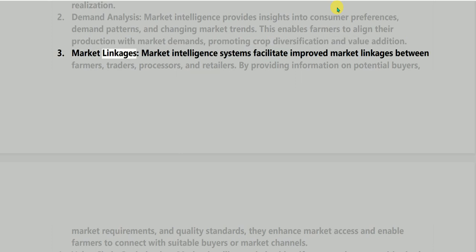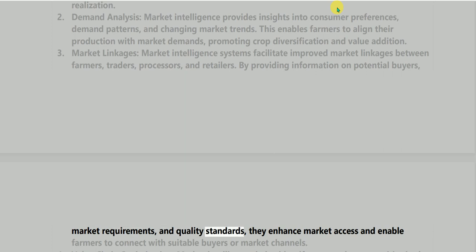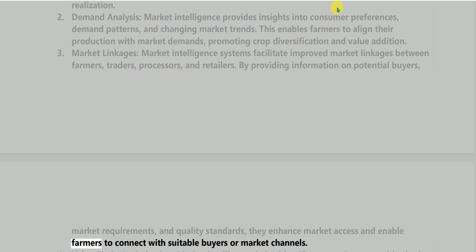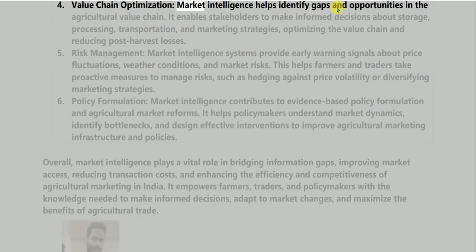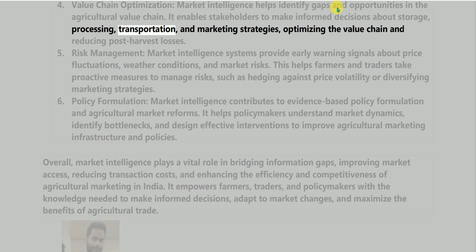3. Market linkages. Market intelligence systems facilitate improved market linkages between farmers, traders, processors, and retailers. By providing information on potential buyers, market requirements, and quality standards, they enhance market access and enable farmers to connect with suitable buyers or market channels. 4. Value chain optimization. Market intelligence helps identify gaps and opportunities in the agricultural value chain. It enables stakeholders to make informed decisions about storage, processing, transportation, and marketing strategies, optimizing the value chain and reducing